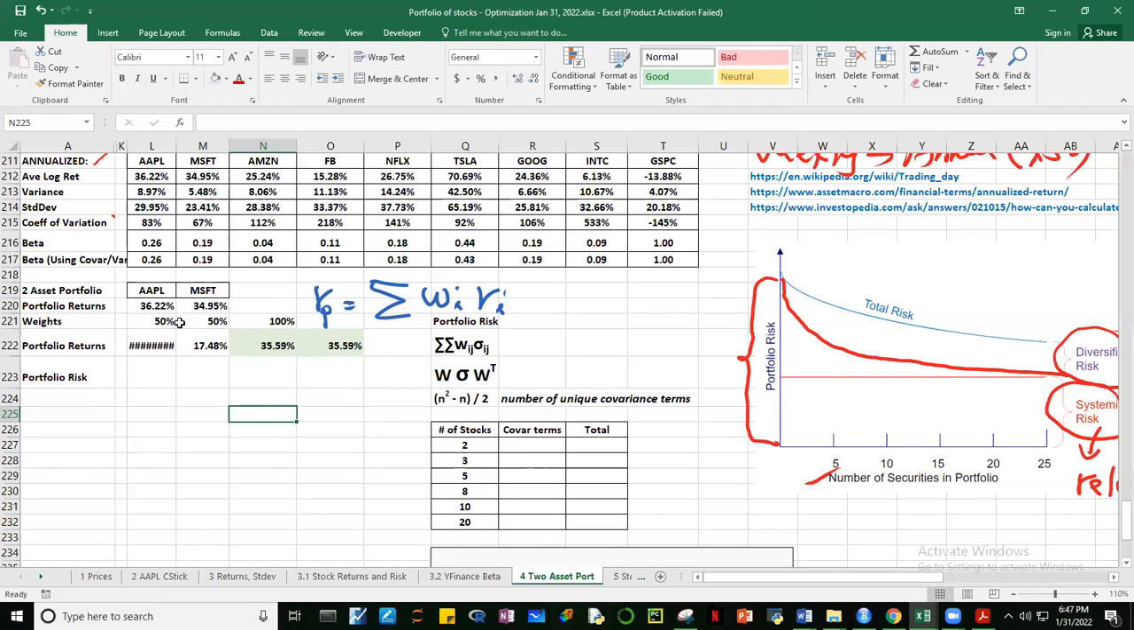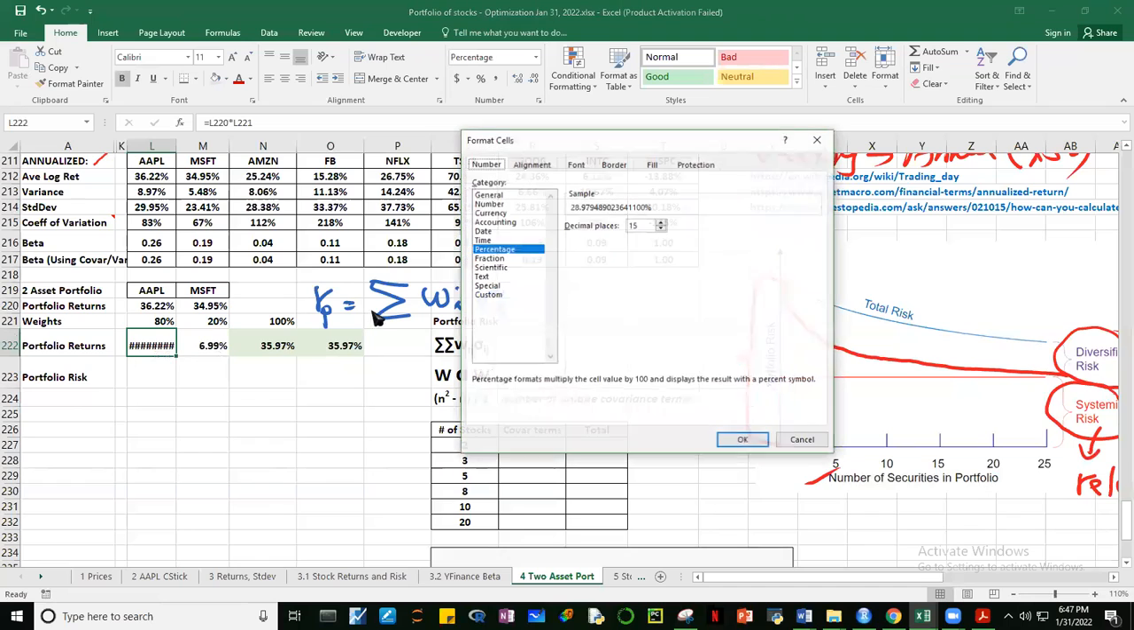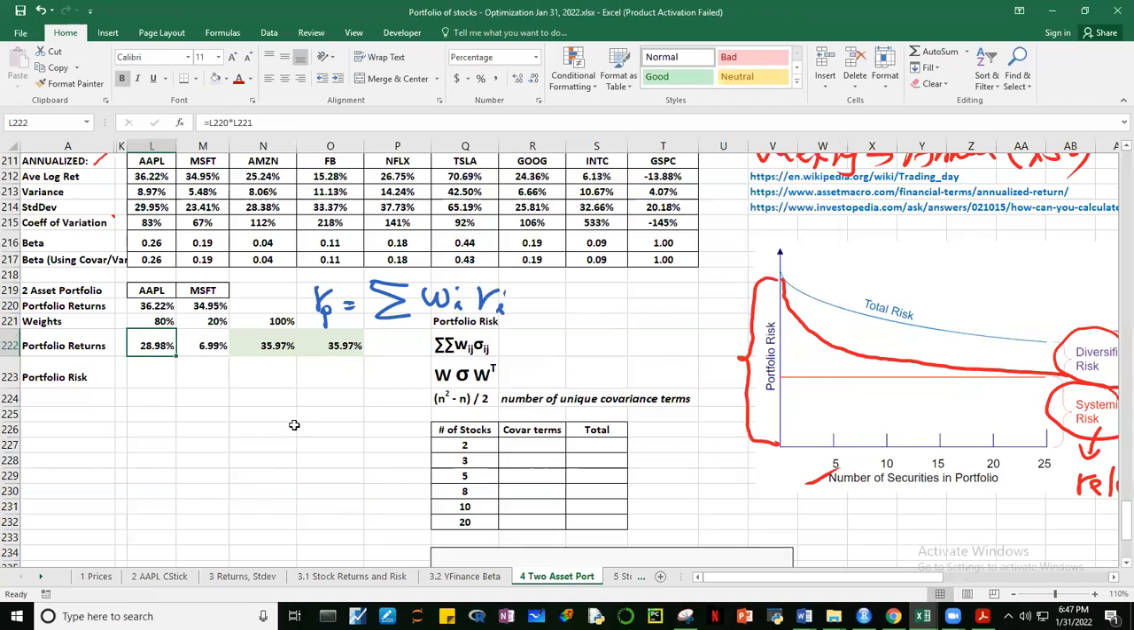Tsaka depende yan. Kunyari, pag mas malaki yung weight natin kay Apple, kunyari ito, if this is 80%, gawin natin itong 80. Okay, so dapat yung isa dyan 20%, no? Para maging 100% sila. Sira na naman ito. Nag-default siya sa 15. Okay. So what do we have now? 35.97. So it became closer to 36.22. Okay, kasi nag-80-20 tayo. Okay? So